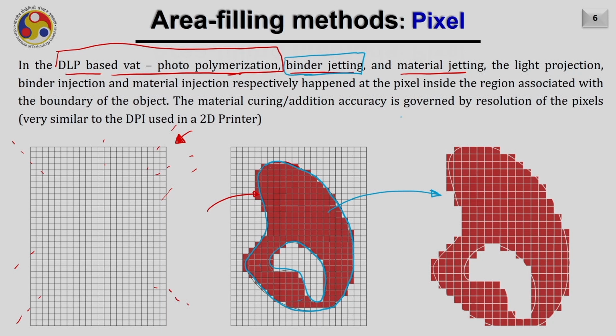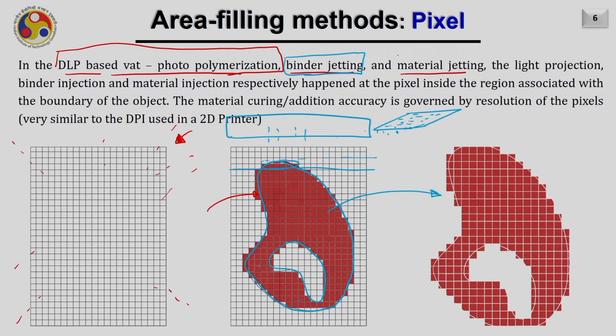In binder jetting also, we have a head which consists of several nozzles arranged in an array. Only those nozzles get activated which are required. So if I have a long nozzle array of this much size, when it reaches this location, no nozzle will be activated, and when it reaches this position, these nozzles will get activated correspondingly, and material will be injected here. As it moves further, different nozzles will get activated and inject the binder on the sheet.